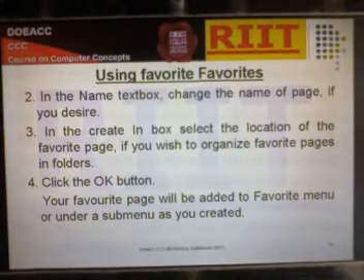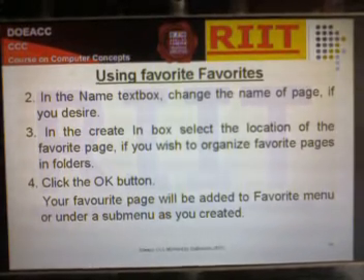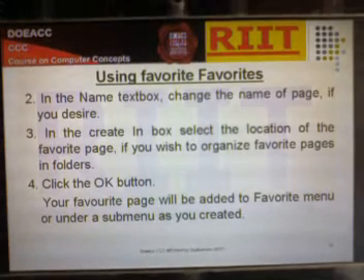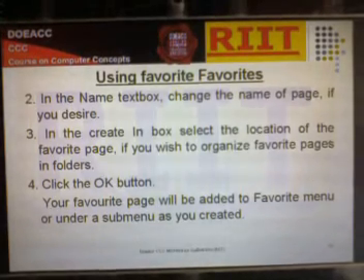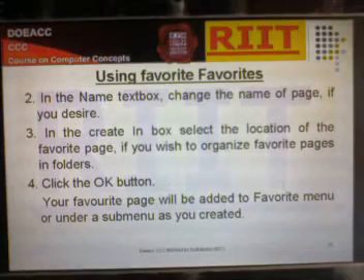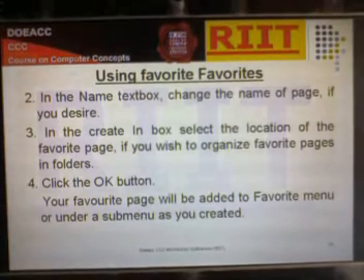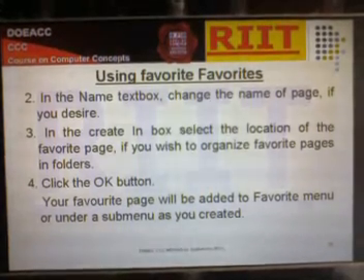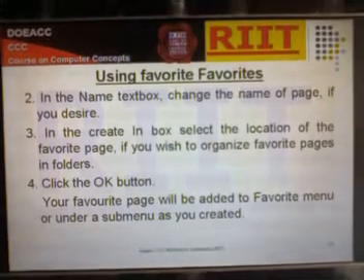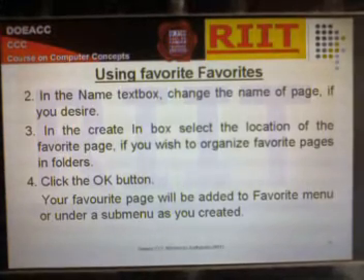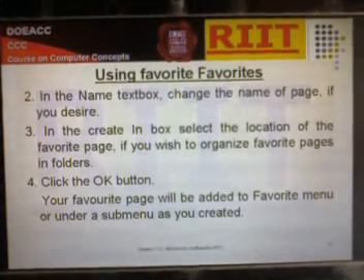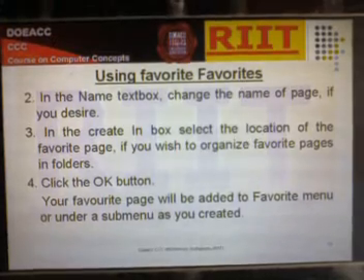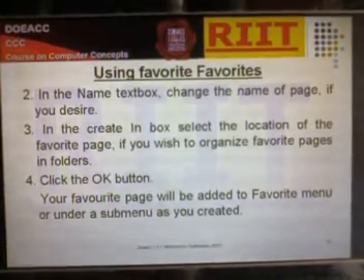In the Create in box, select the location of the favorite page if you wish to organize favorite pages in folders. Click the OK button. Your favorite page will be added to the Favorites menu or under a submenu as you created.